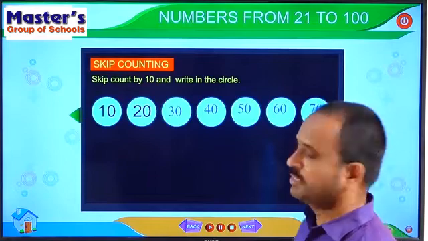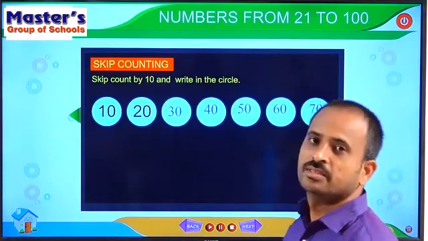So let us practice problems on this skip counting. Children,